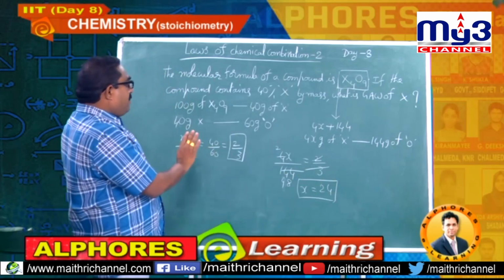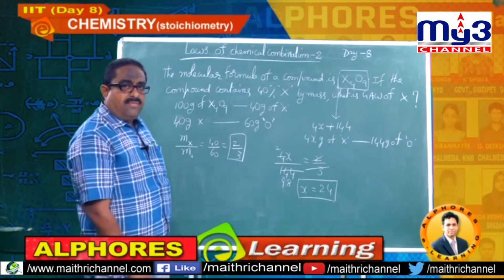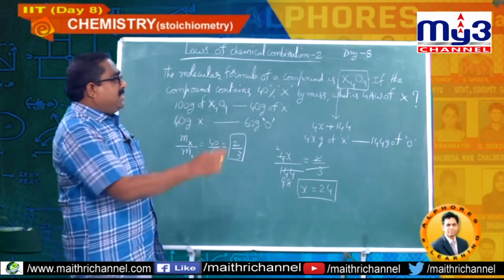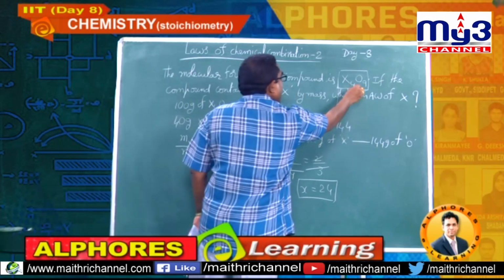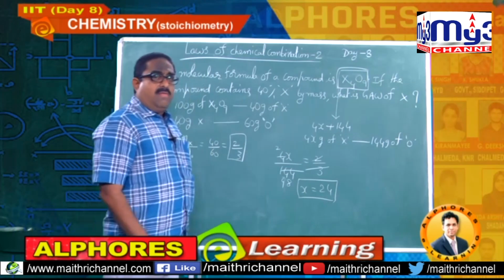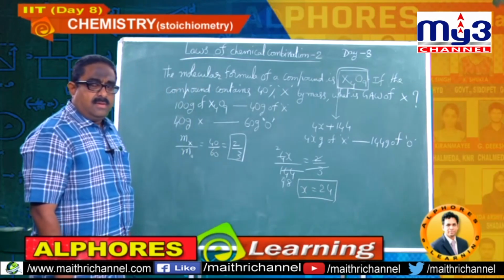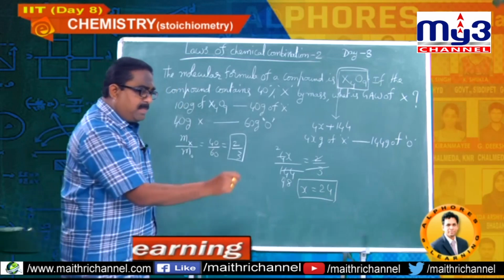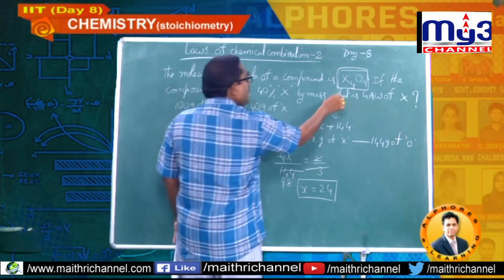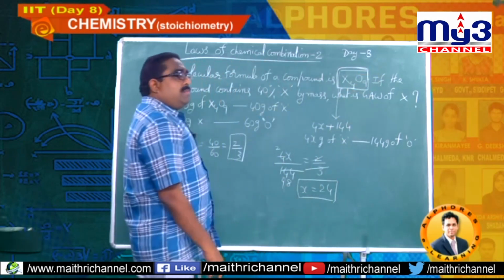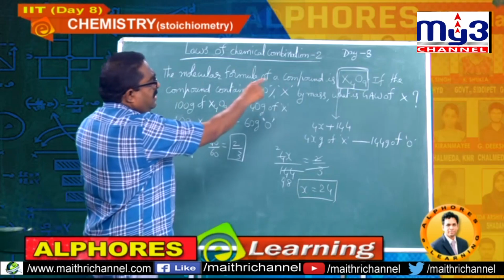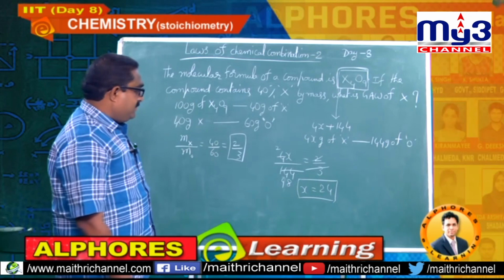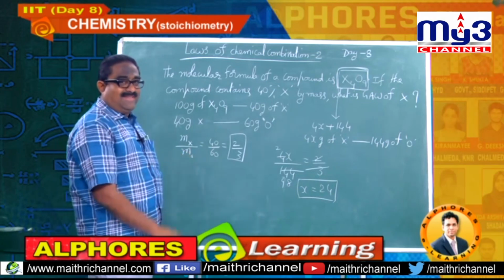See, just I have applied the concept of law of constant proportions. The elements present in any chemical compound always possess the same mass ratio or mass percent for that particular compound. It means for a compound, we are not supposed to disturb the mass percentage of respective elements. Please note it down, students.